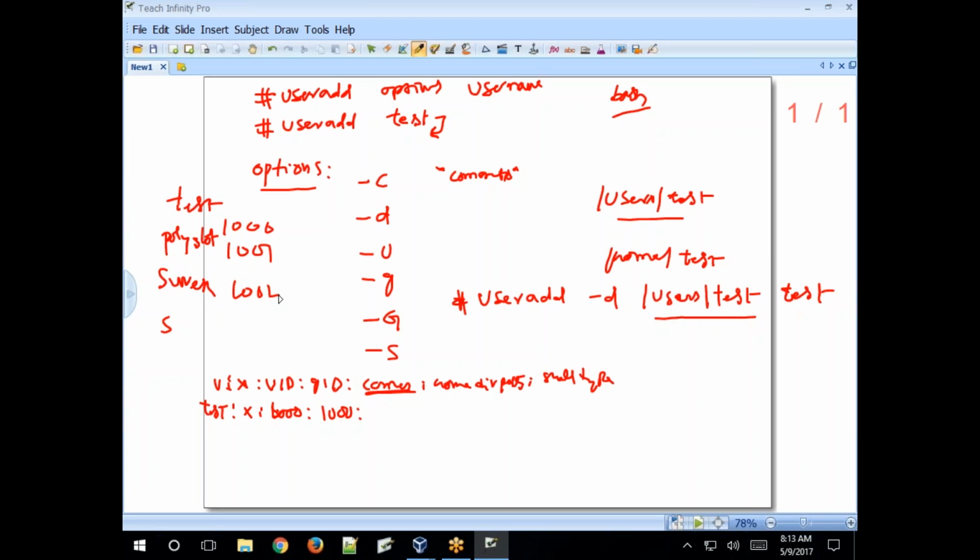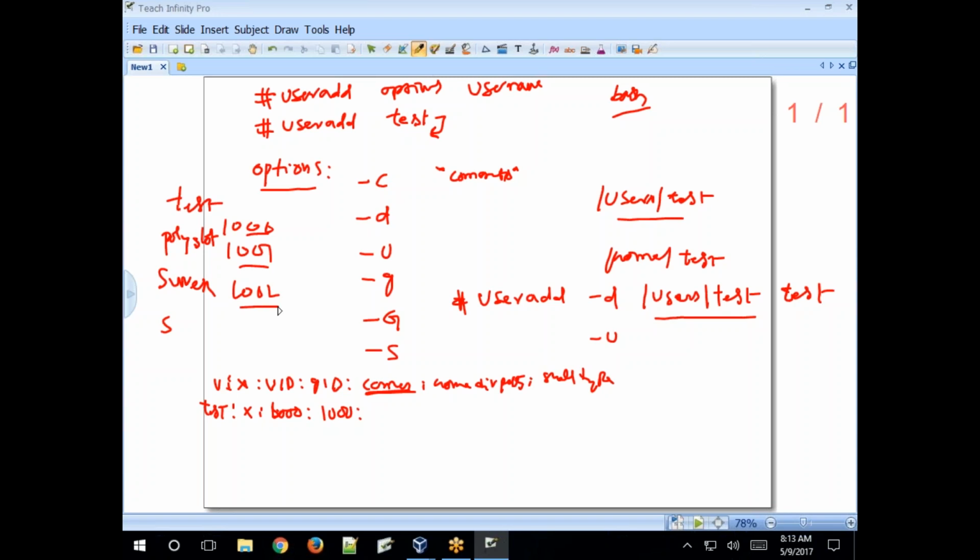If you want to create a user with a specified UID, just use the -u option. Already three users are created, for example test, polyglot, and Suresh. Test has UID 1000, polyglot 1001, and Suresh 1002.